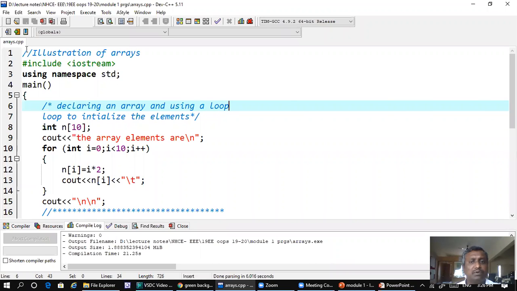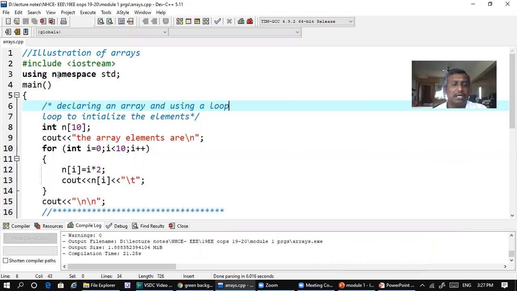First, as usual, we have the comment line for the program, that is, illustration of arrays. Then followed by the header file declarations in line number 2. Then in line number 3, it is the ASCII representation. Then in line number 4, the start of main is declared.